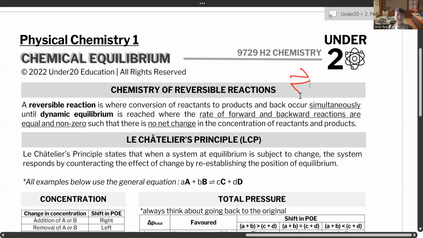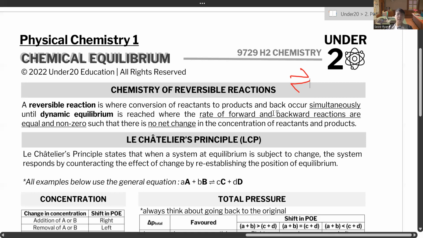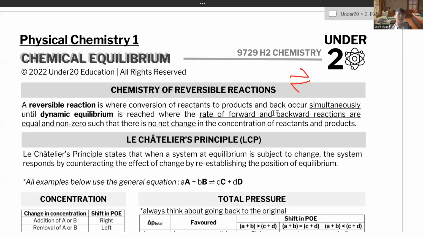Now the main governing principle is Le Chatelier's principle, which is commonly abbreviated as LCP, which you can write in your exam. It's accepted, right? So LCP states that a system at equilibrium, and at equilibrium, it must be at equilibrium, is subject to change. The system responds by counteracting the effect of the change by re-establishing the position of equilibrium. So what this means is that